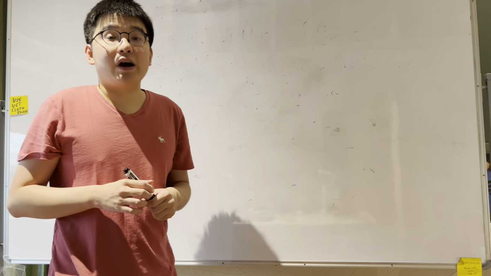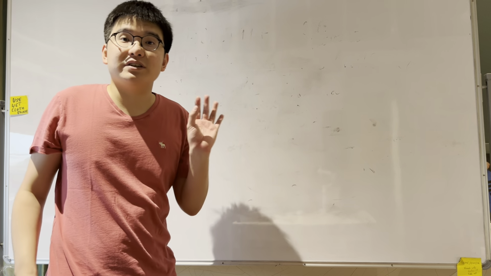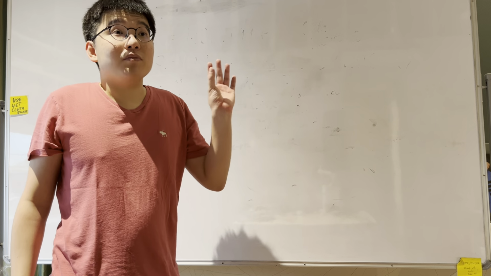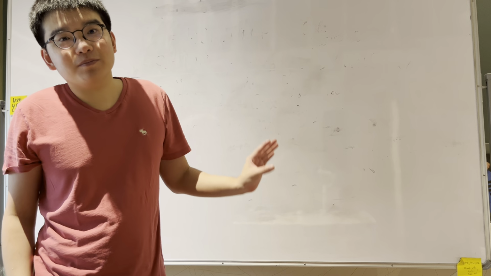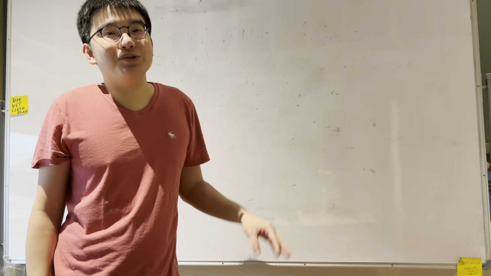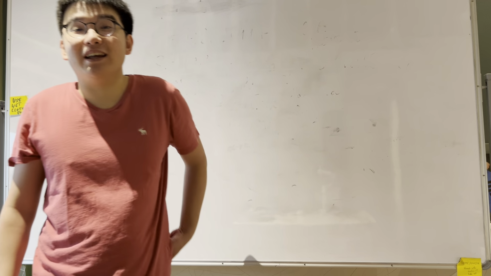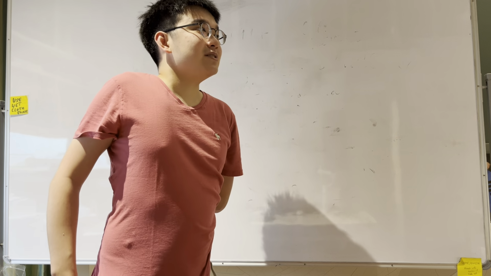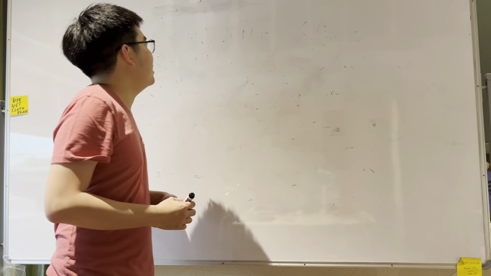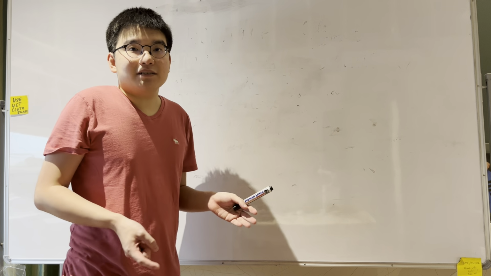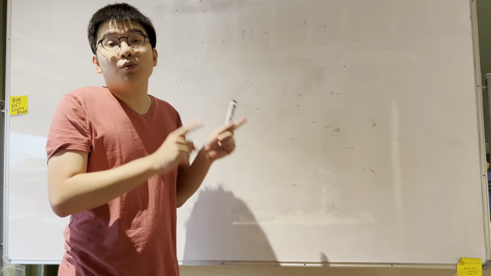Today I'm going to show you how to derive the arithmetic series formula from the 1 to 100 addition problem that Carl Friedrich Gauss had to do when he was supposedly an elementary grade schooler. So the 1 to 100 problem, or the problem of adding all the numbers between 1 and 100,